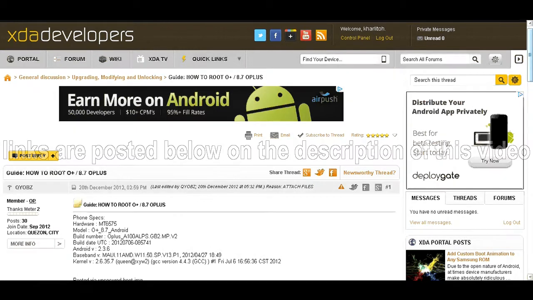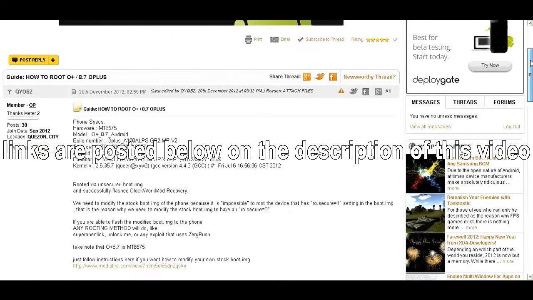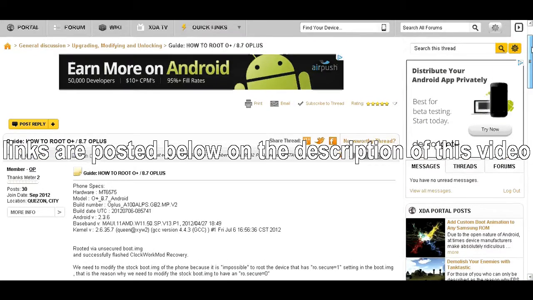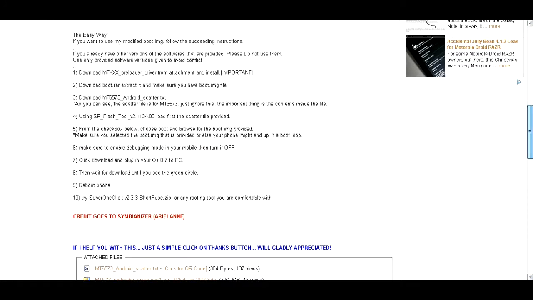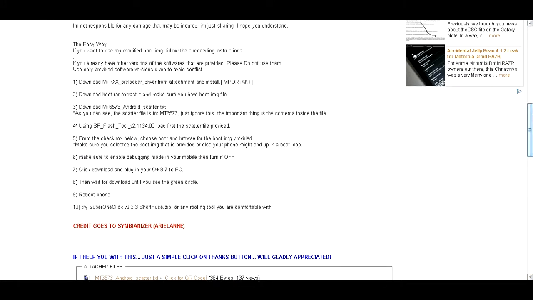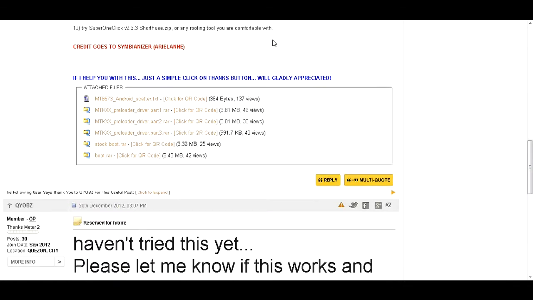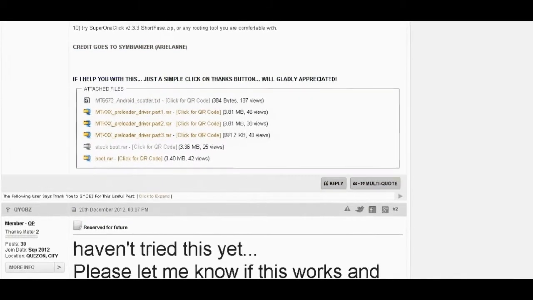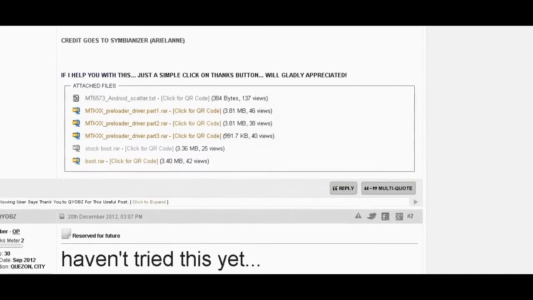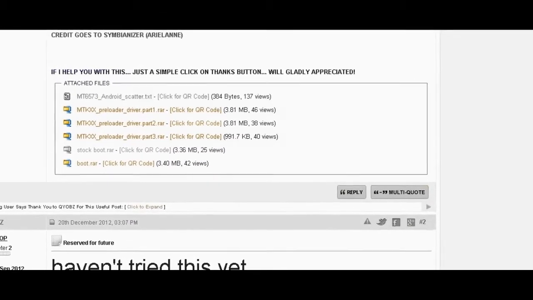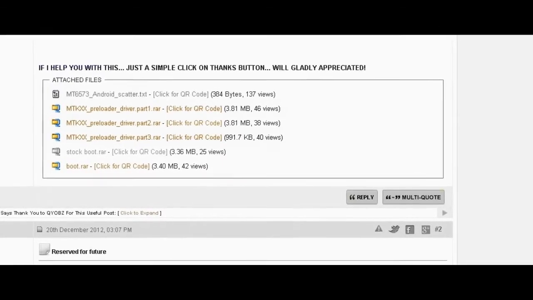So first things first, you have to sign up for an account so you can access this thread that contains the post by Symbionizer Ariel Ann, which contains the instructions and the files needed for rooting the Android O+ 8.7. As you've noticed, I have decolored the other parts of the screen, and you should only download the colored ones. So that would be